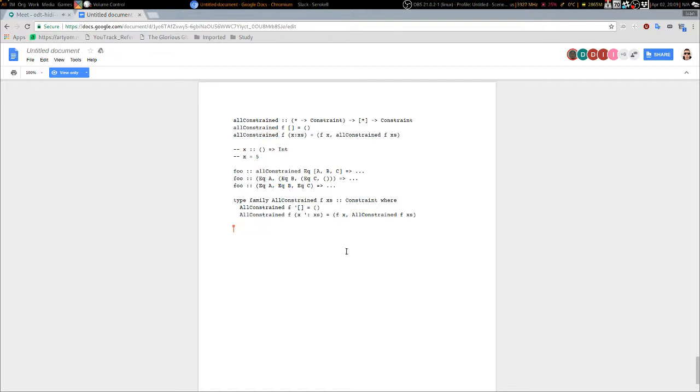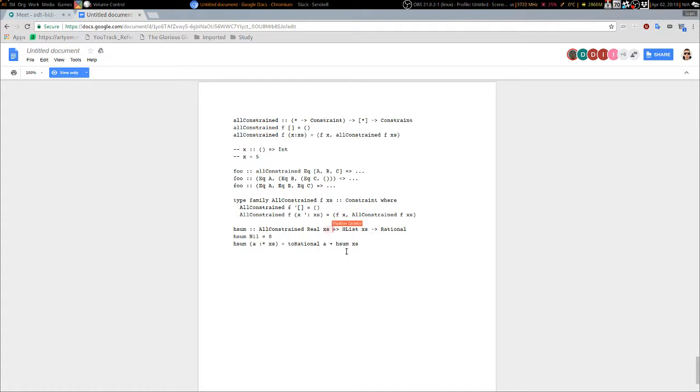And when we define our hsum, which I'm going to copy, then the constraint we put to the left of the big arrow is All Constrained Real as, and this will work. But I want to explain in detail why this is going to work, because it's not as intuitive as you might think, because